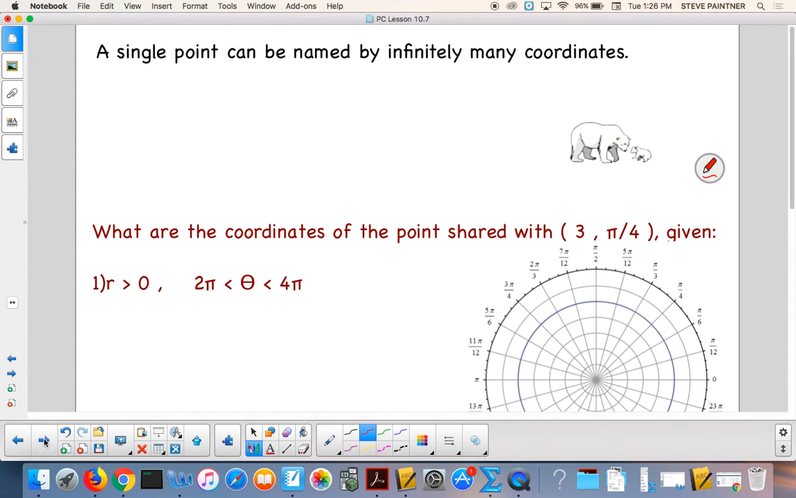So what you might see on your homework is that it's going to say, I want you to find a particular polar coordinate, but it's going to give you restrictions on what theta value it wants, or it might give you restrictions on the radius. So here it says, what are the coordinates of the point shared with 3, 3π/4, given that r is positive, so we have a positive radius, and theta is in between 2π and 4π. The first thing you want to do in these instances is actually graph the point. So if it's 3π/4,